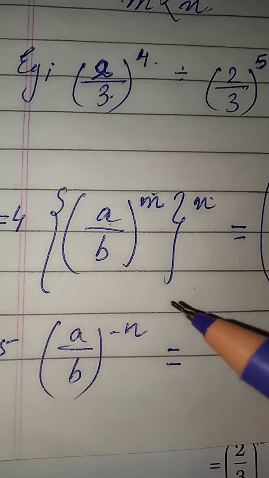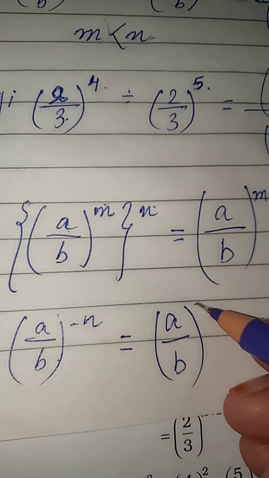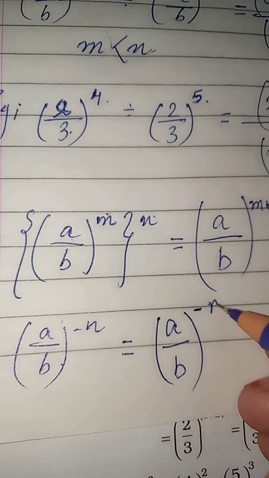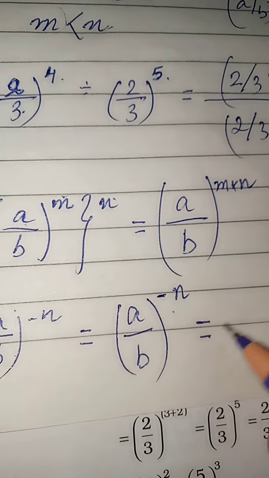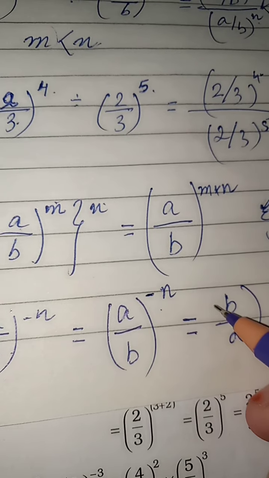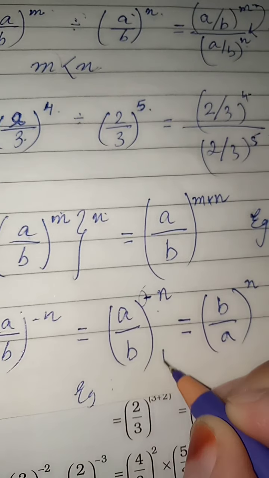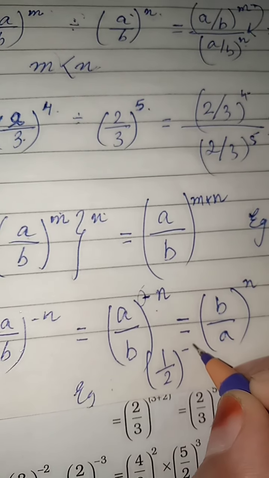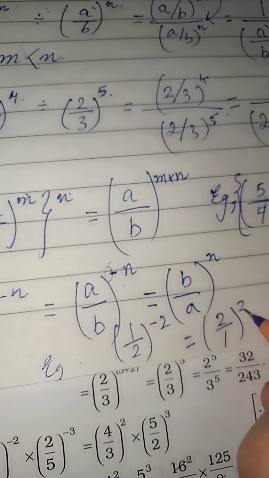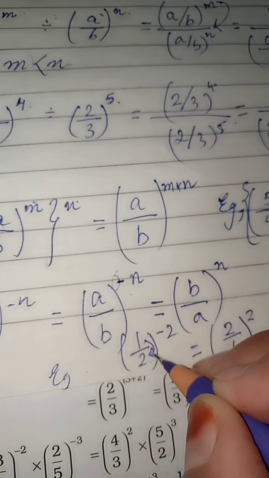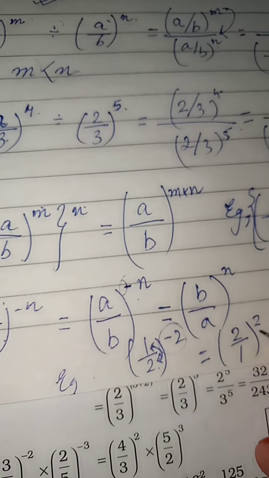See children, any number if it is having a power that is a negative integer, then your answer will become just the reverse. Your digits, you have to write the reciprocal, that means b by a will become here to the power n, then this will become positive. Here I am taking one example, (1/2) to the power minus 2. So what you will do, 2 by 1 will become whole to the power 2. Okay, as soon as the digits inside get reciprocal, this power automatically changes into positive.